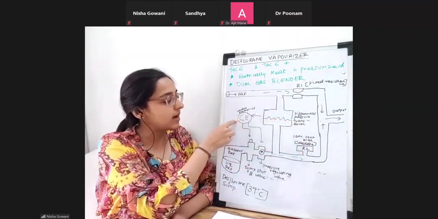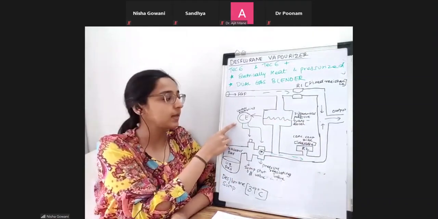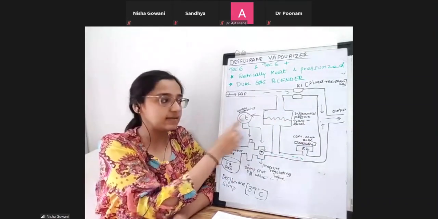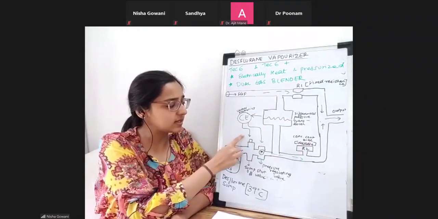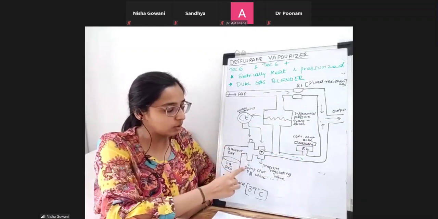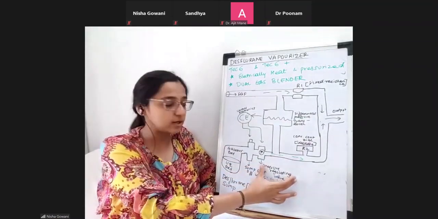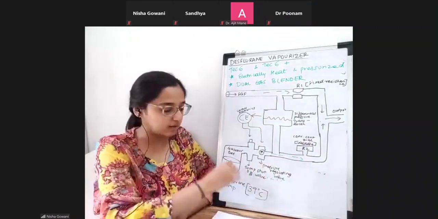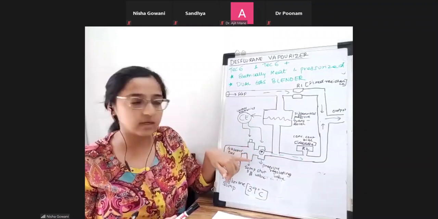So there's an incoming pressure over here, sensed over here. This message is then converted and sent over to the control electronics. This control electronics receives the message about the pressure. Then this control electronics sends the message to whom? To the pressure regulating valve. It sends the message to the pressure regulating valve and also the sump shut-off valve. So by these arrows, you can understand that the message is received over here.